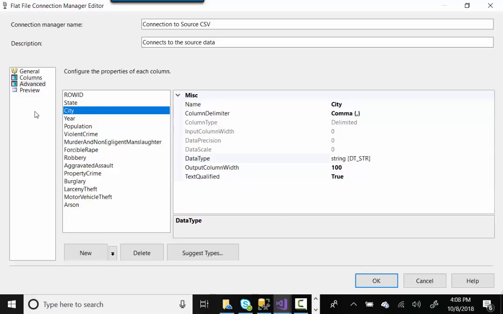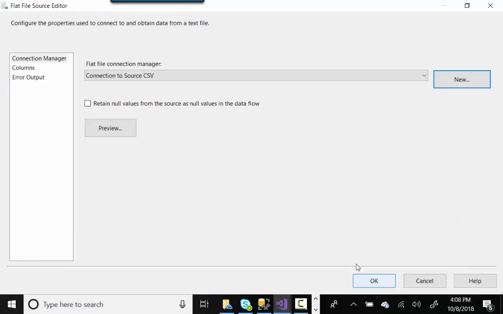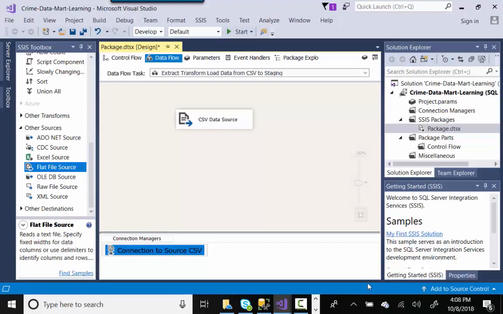So I'm going to say OK to this. I could also do a preview if I wanted, and I'm just going to say OK to this. What that does is down below, it creates the connection manager, and this step is now defined based off this connection manager down below. So the next thing that I want to do